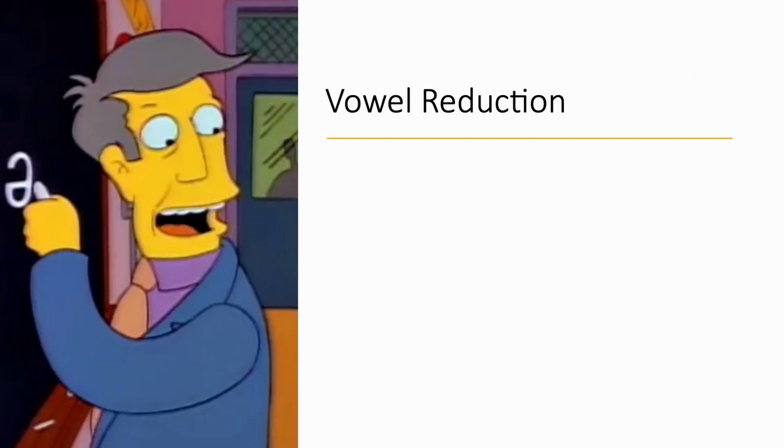I'm just turning off my camera so you can read the bottom line on this slide. Here, Principal Skinner has drawn an upside down lowercase e on the board. This is the symbol in the IPA that stands for schwa. The schwa is a vowel sound that you get when you don't really try to make any particular vowel sound. If you draw the map of where all the vowels are in your mouth, the schwa is the one right in the middle, basically the neutral central vowel, that if you don't really try to do anything, you just go,